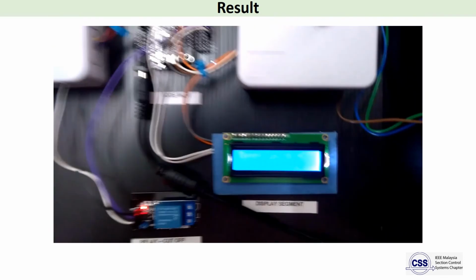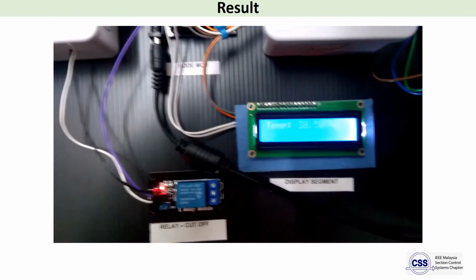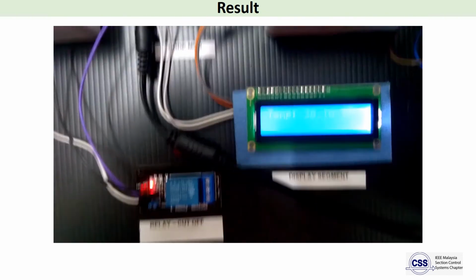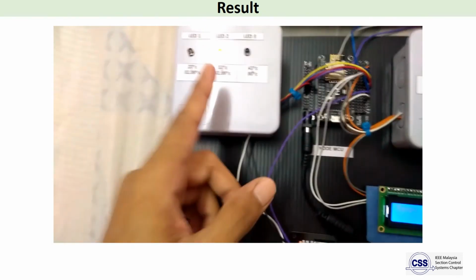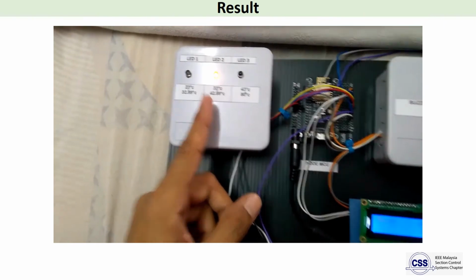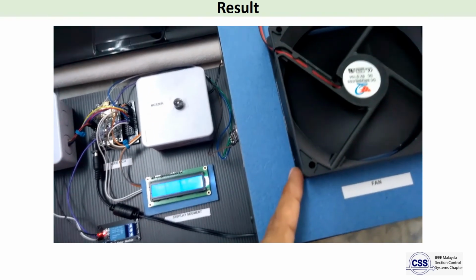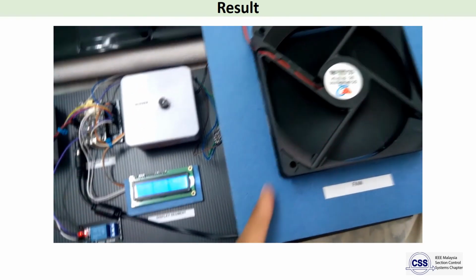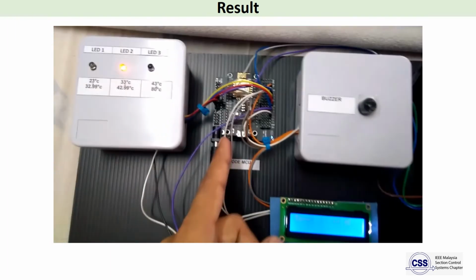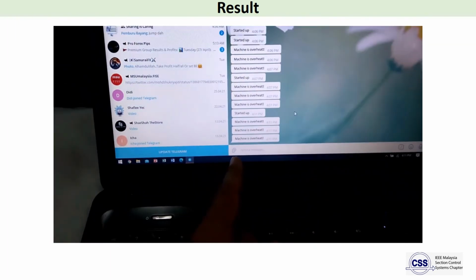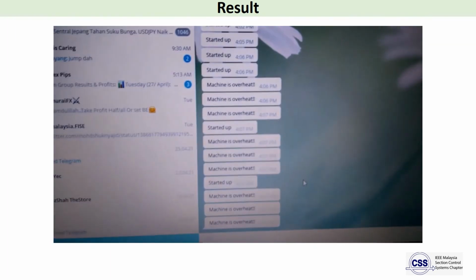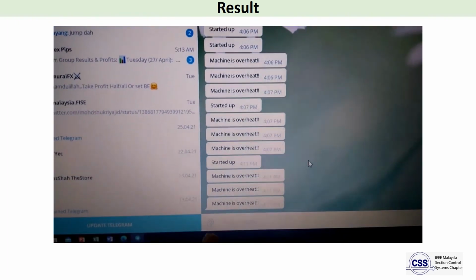When the temperature is at 38.5 Celsius, the yellow LED will turn on and the fan will also turn on to cool down the machine, and the NodeMCU will send a message to the user by Telegram. This is the message, which is: machine is overheat.